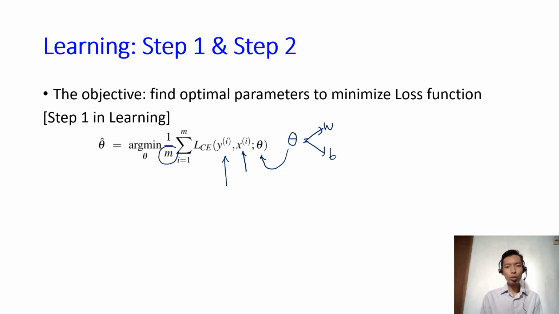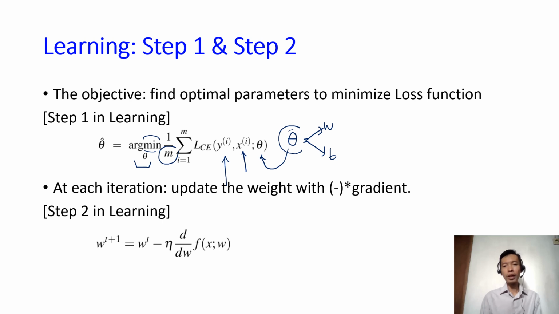What we want to do is find the set of parameters. We want to find the W, we want to find the B, such that the loss function is minimized. And so that's the first step. We define the loss function, and then we calculate the loss function with respect to the W and B that we currently have. Now, step two is that we